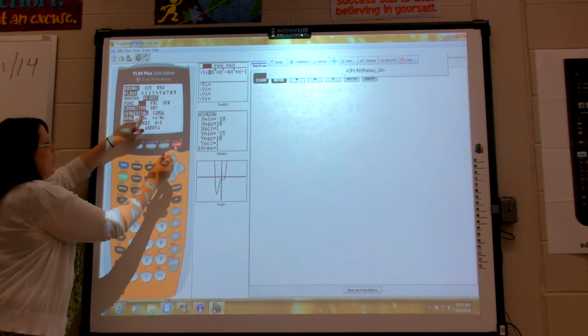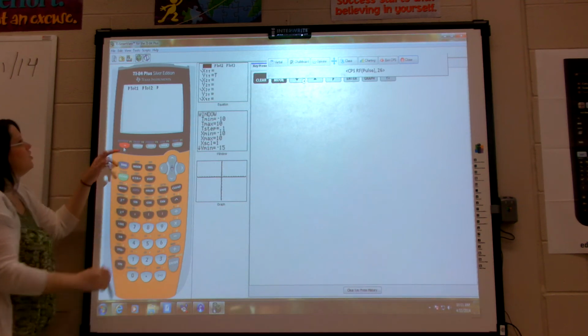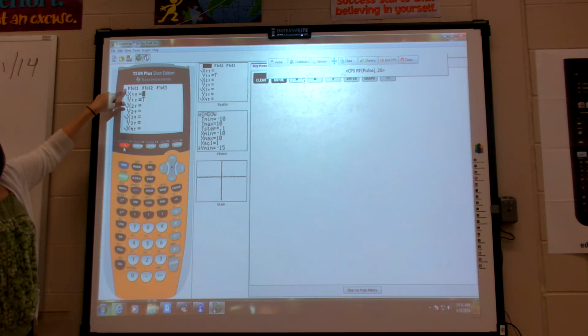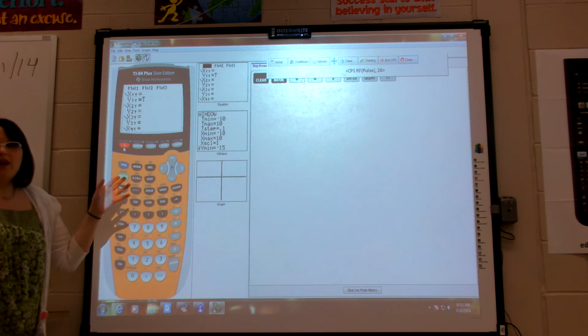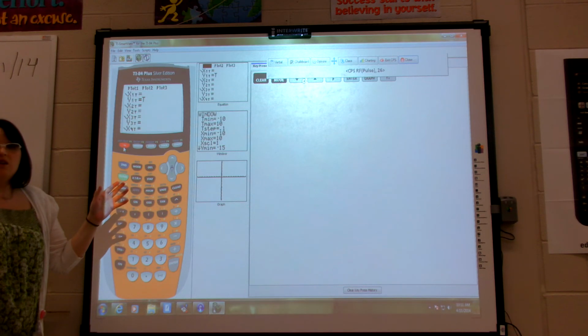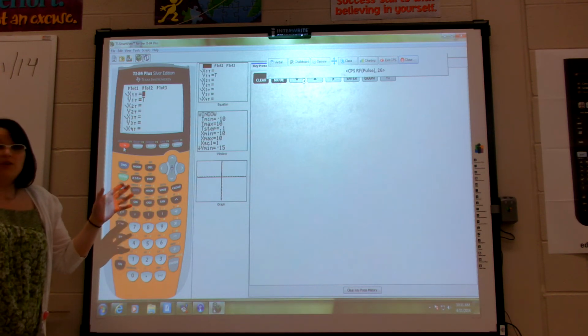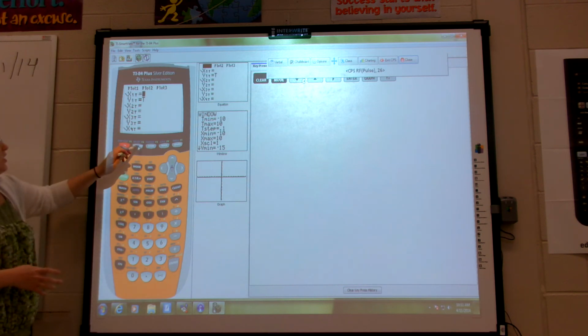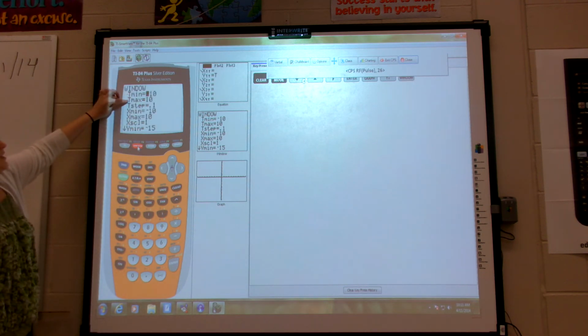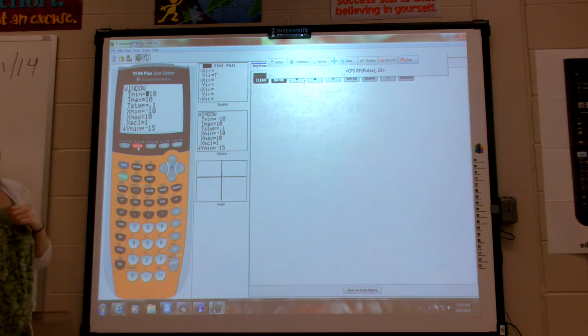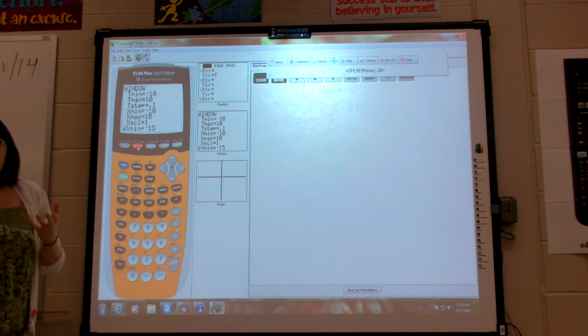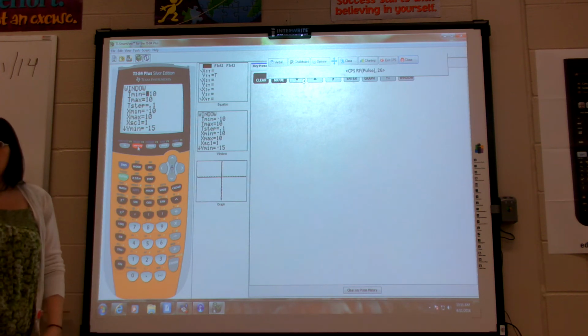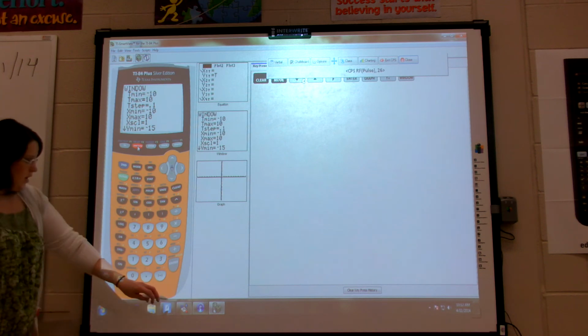And if you check out your y equals now, see how you have x and y? But here's the thing, you see how you don't have a t goes from what to what? Don't we need that? Well, we definitely need that. Remember, that's the biggest issue. People don't see the whole graph. So it's not on the same screen, but it is in window. See T-min, T-max? That's your T. Step size. Then you put in your x and y's. So it's still the same stuff, it's just in different places. Does that make sense? Okay, I want you to do